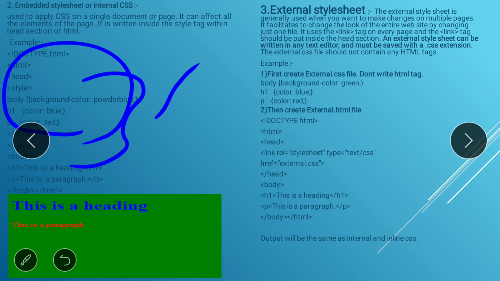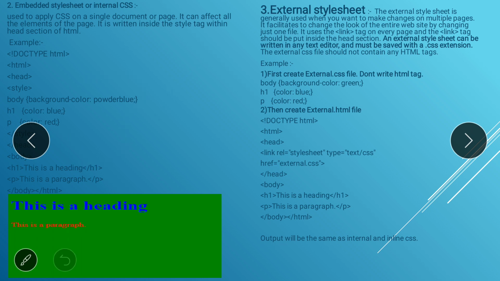And for the internal or embedded style sheet you have to mention that CSS between the style tags, and that style tag you have to mention in the head part, and the body part is not changing at all.